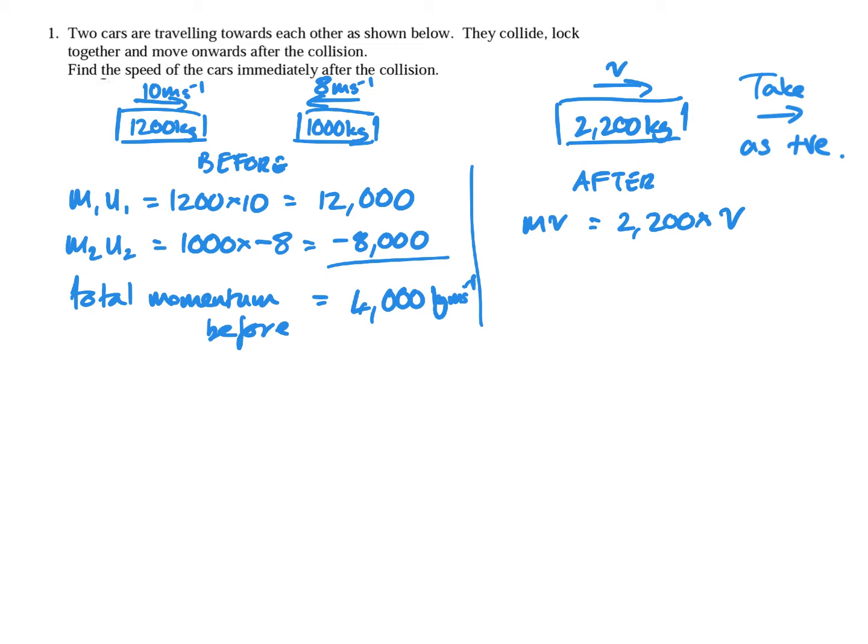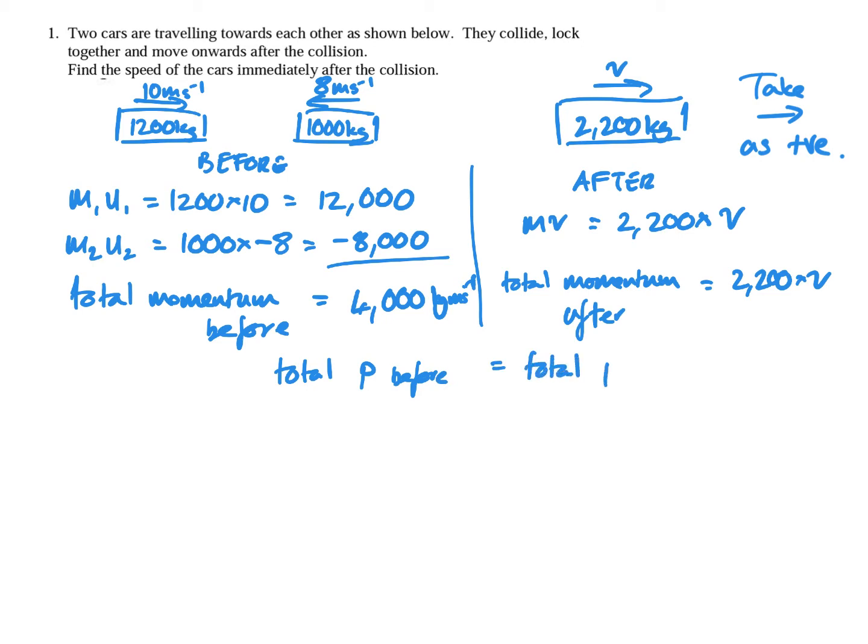So total momentum after, and conservation of momentum tells us that total, I'll start using p, before equals total p after. So 4,000 equals 2200v, and that is an important statement, that line above, because you're showing the marker that you understand